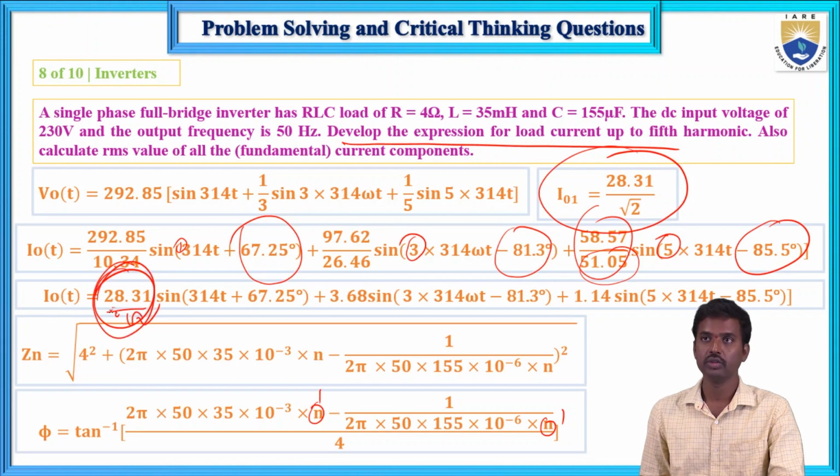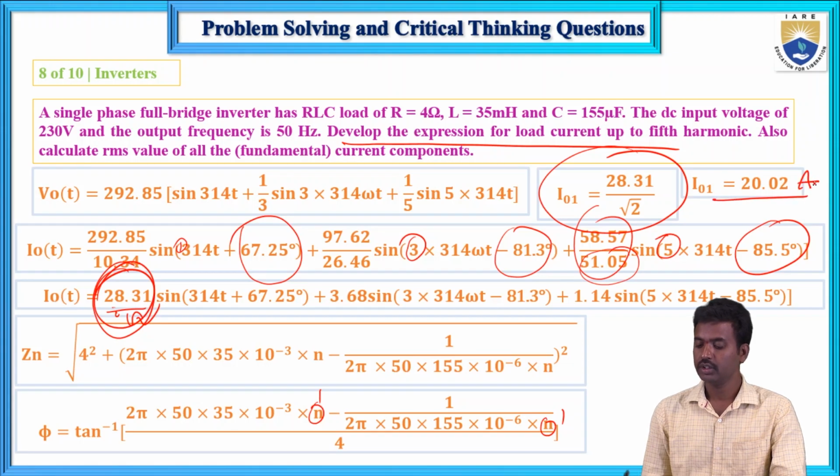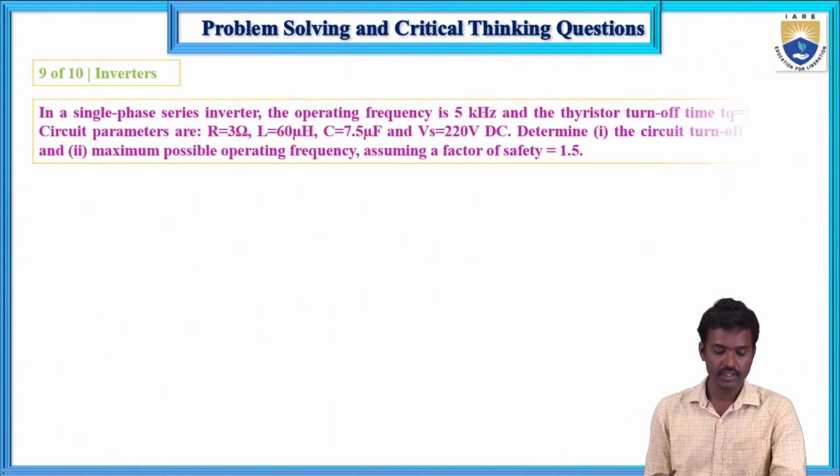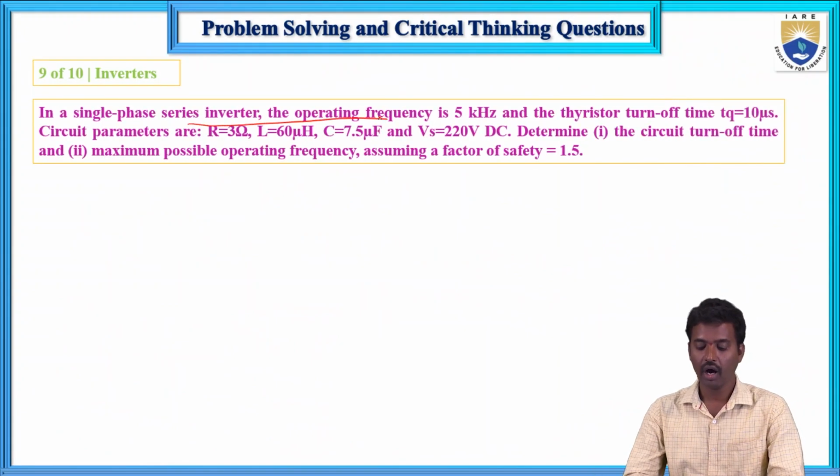So first one, this one, that value equals 20.02 amperes. So now here, ninth question: in the single phase series inverter, the operating frequency is 5 kHz and